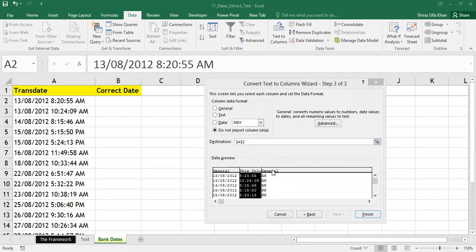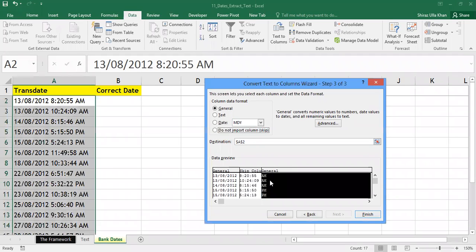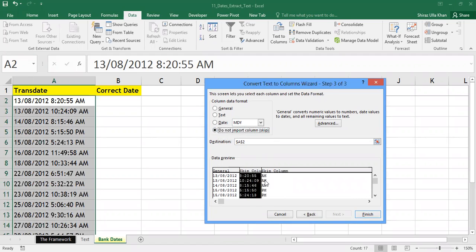Okay. Now, we don't want the third column also to be imported. So now again, I come to this data preview section, and in the third column, I will hover my mouse and click. The moment I click, the third column gets highlighted. Even this third column, which has the data of AM or PM, I don't want to import, or I want to skip this column. After selecting this, I again go to this radio button and click on do not import column. So people, if you see, these 2 columns are skip.